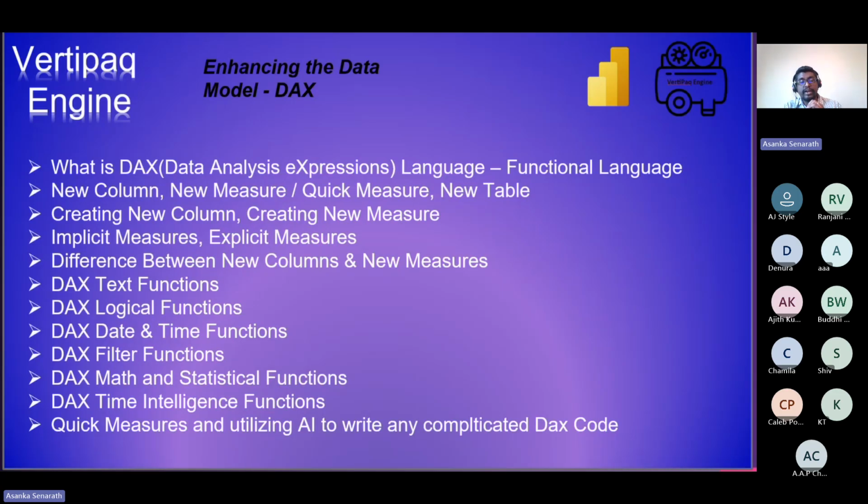And using DAX, you can do multiple things. You can create new columns, new measures. There's something, don't worry about this word. And we can create new tables. You'll be learning all those things. And what are the differences between implicit measures and explicit measures, right? Implicit means system generated measures and explicit means manual measures. We'll be learning the difference between these two, right? And also DAX can be divided into multiple categories called text functions, logical functions, time and date functions, filter functions, mathematical and statistical functions, and also time intelligence functions. We'll be learning all these things in the coming sessions, as well as